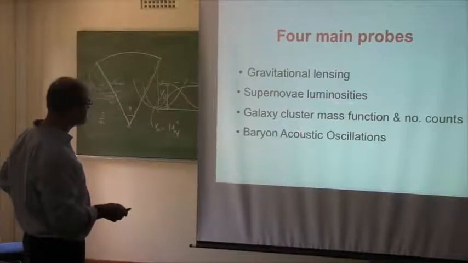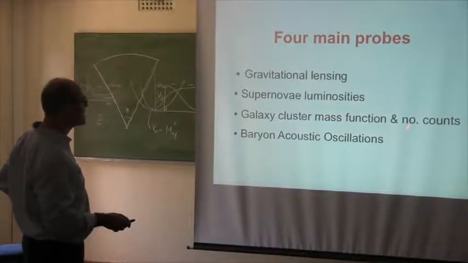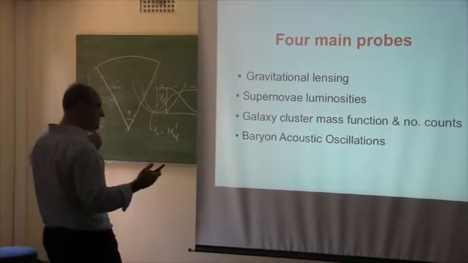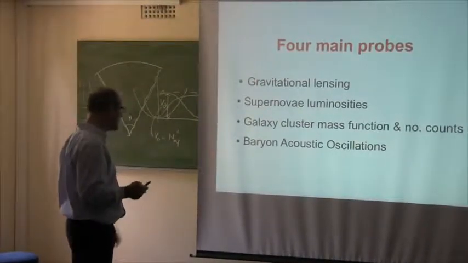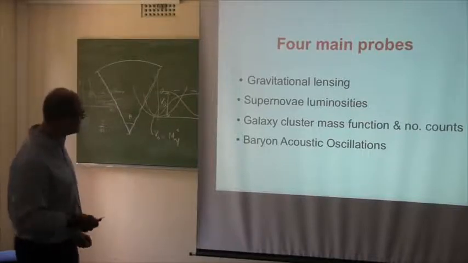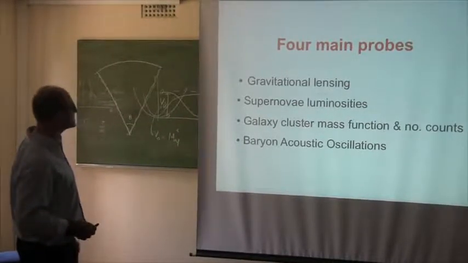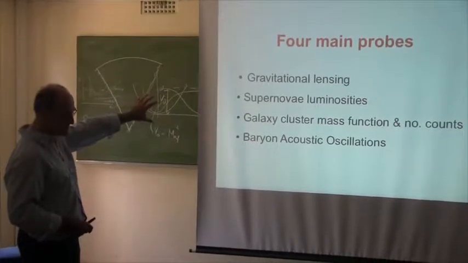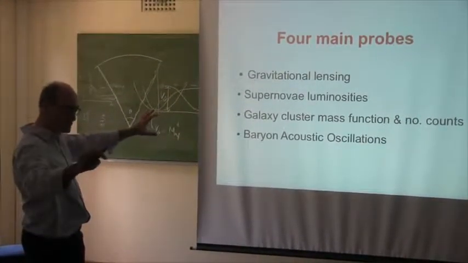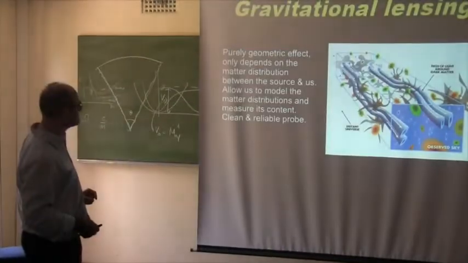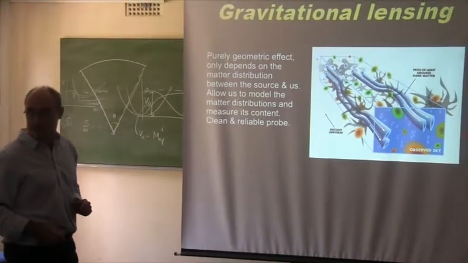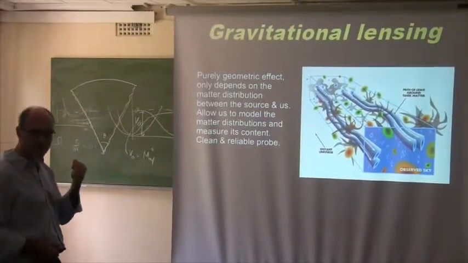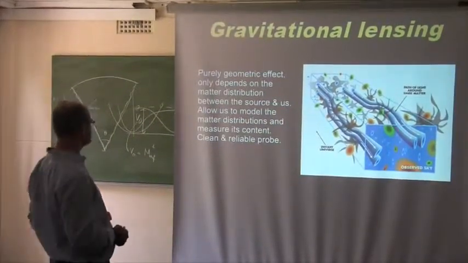You could also look for the cluster mass function, so how many galaxies you have there in a given volume. That also gives, it's a proxy for the expansion of the universe, the content of matter, and dark energy, and finally baryon acoustic oscillations. So these 4 probes have typically been searched for with different experiments. With DES, we do the 4 things at the same time. It's the same experiment, the same systematics, that look at those 4 different probes simultaneously.